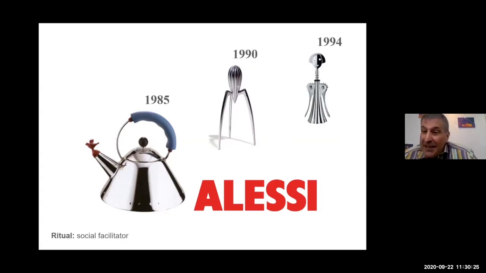a typical Northern Italian metal bashing company in the Po Valley, which was making pots and pans during the post-war economic miracle or economic boom. Comes a day when everybody has lots of pots and pans in their house and they're starting to run out of space. Alessi brings in designers, brings in people from the local village, brings in creatives, politicians, any kind of person from anywhere around the world, anybody they know has interesting ideas to discuss. They come to realize that these things can have symbolic or semiotic value.